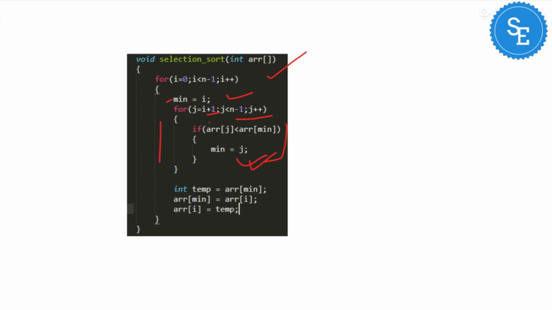Once this iteration is complete we swap it with the minimum index value that has been found using a temporary variable. So in this way we are able to easily swap it at the end of every iteration. So this is how we are going to sort using the selection sort technique.